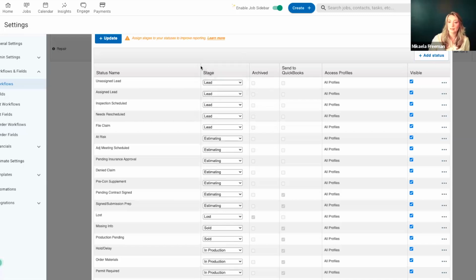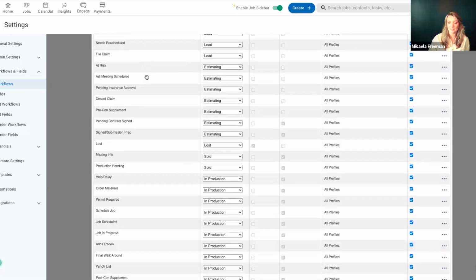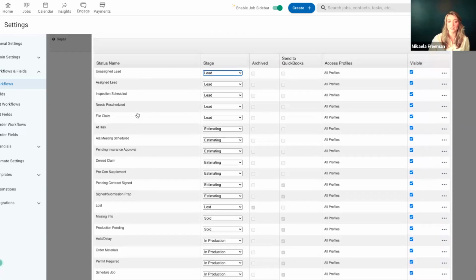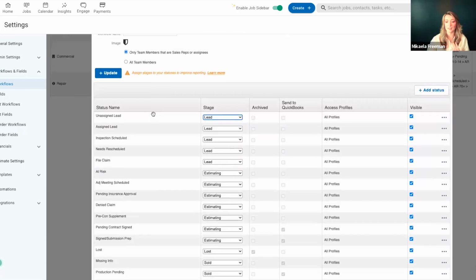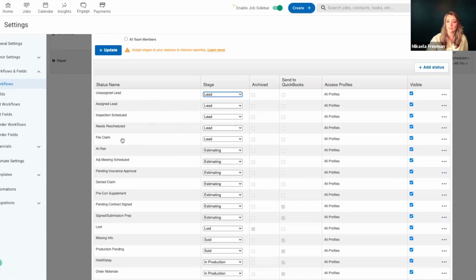The reason that we have these stages is because the statuses are completely customizable. If these statuses are presets and they don't match your actual process, workflow, of course, is just another word for process. What is the process that this job, an insurance job, is going to go through in my company? So if I have made these custom, the system doesn't know the difference between inspection scheduled and file claim. These are just statuses. The way that the system knows to read these is based on the stage that it's in. So the system sees that everything from assigned lead to file claim is in a lead status,